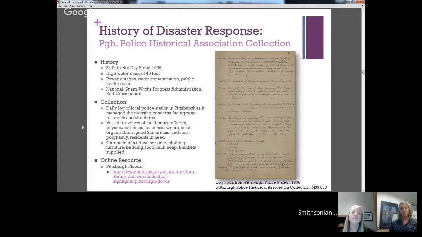And there are also so many incredible examples of individual people and charitable organizations who step forward and donate food or water, milk, blankets, furniture, really any kind of goods and services that people can provide to those that are in need, they do. And I could present so many examples from these pages within this logbook that I found